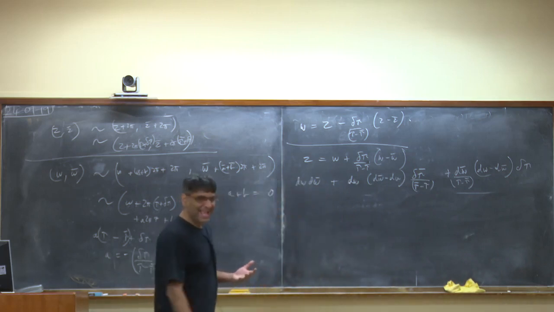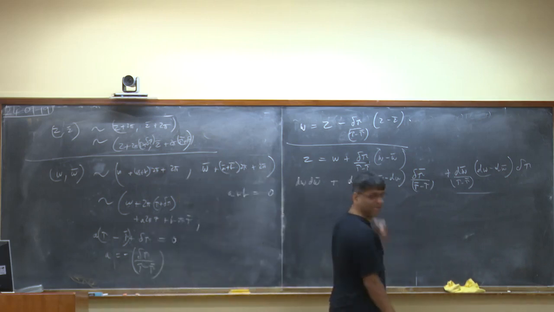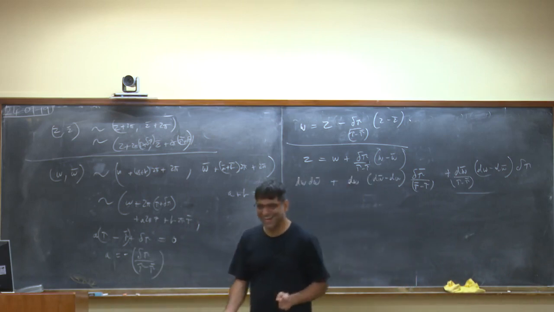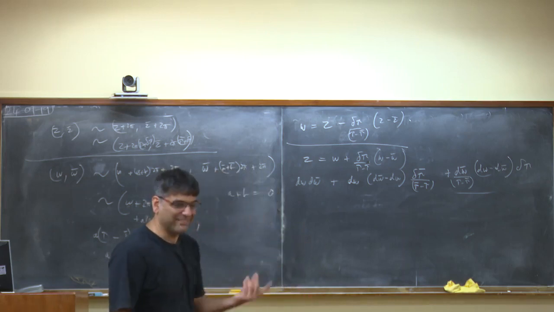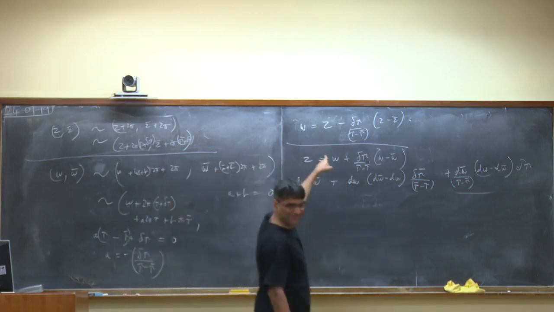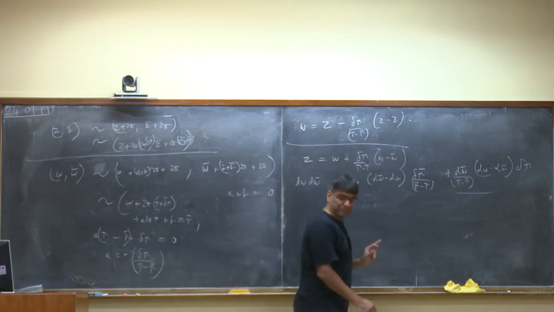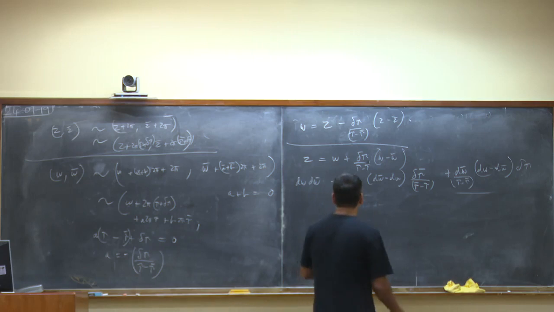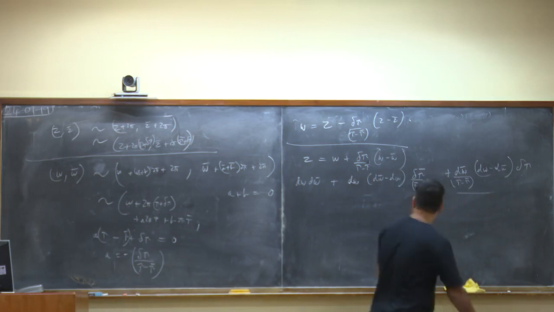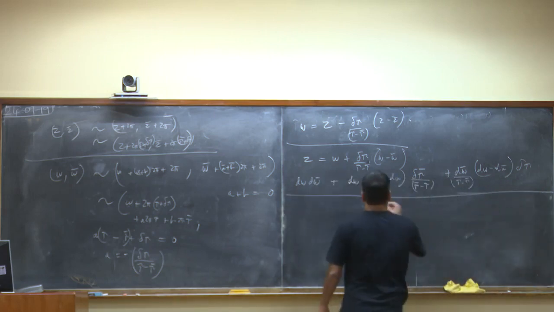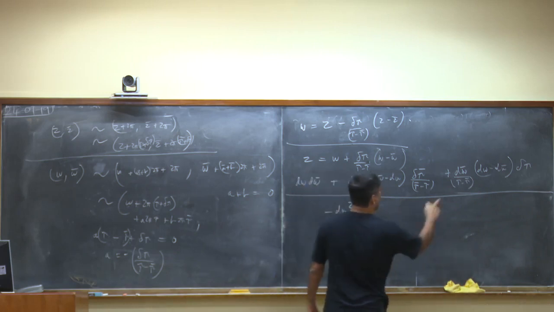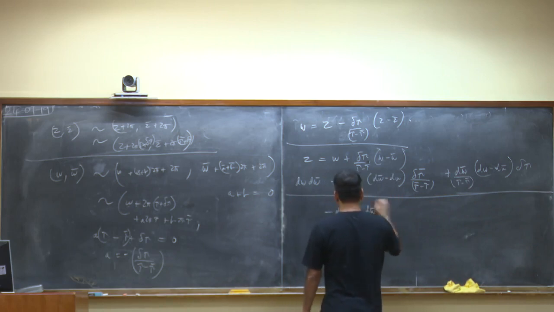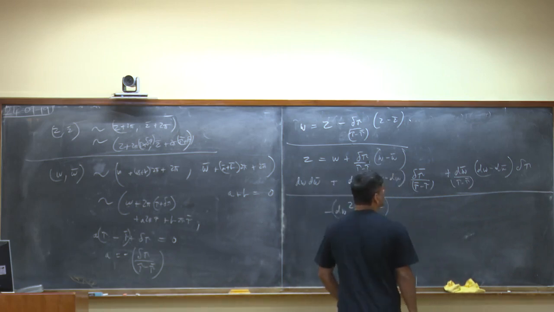Now, anything that is dw bar can be removed by a scaling. That was the trivial kind of thing. That will not show up in our calculation. What will show up are the terms that are dw squared and dw bar squared. Those are going to be the key terms. Let's focus on them. What we're going to do is minus dw squared and minus dw bar squared into